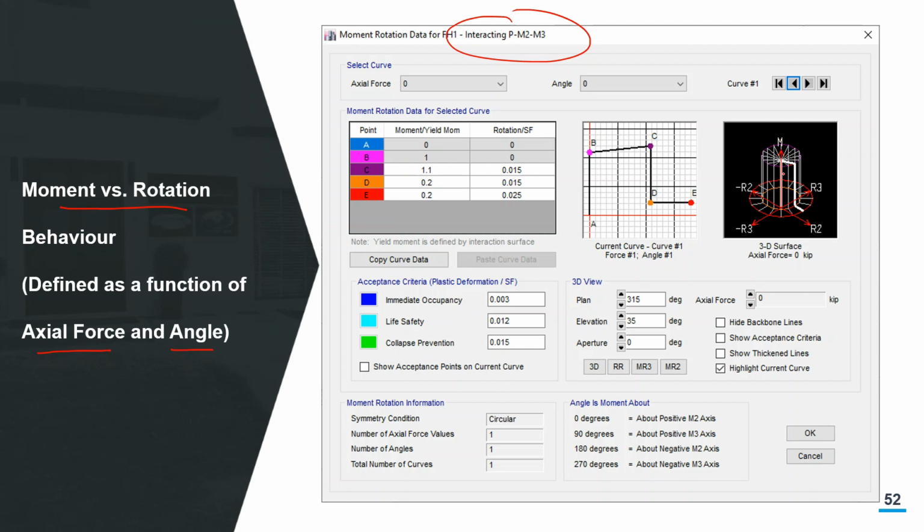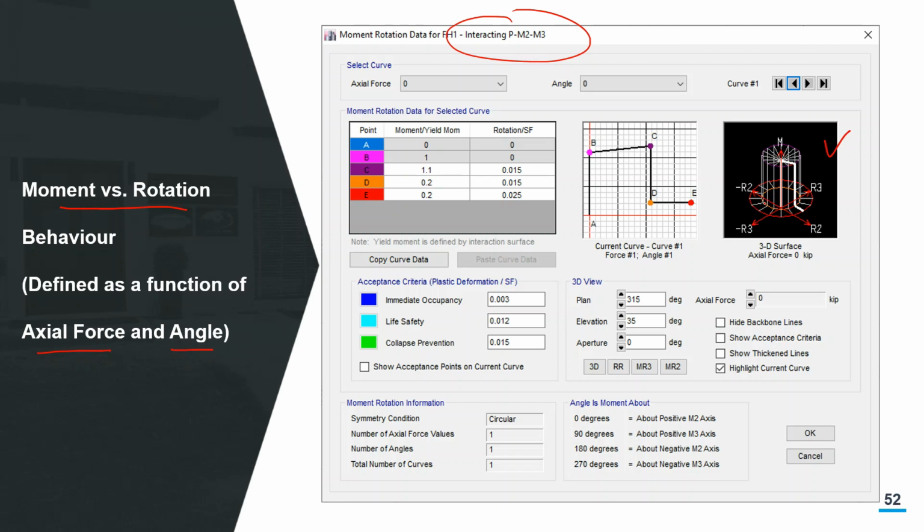In that case there will be a different curve on this surface, you can say, and then M R2 will be another curve. This one which is highlighted now, which is the white color now, is somewhere in between R2 and R3, you can see. So this is also an M theta curve, but at a certain angle. Rotation is neither in the R2 direction nor R3 direction, it is at a certain angle, for example. So using this figure, you can visualize how different angles will basically affect the moment rotation curve.